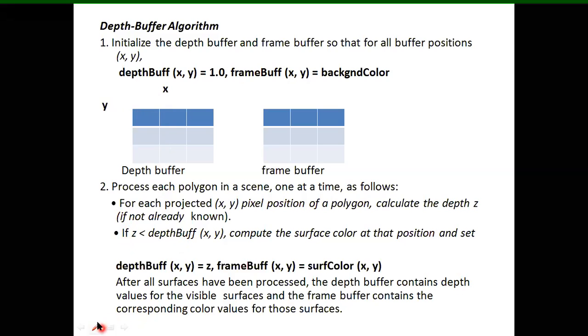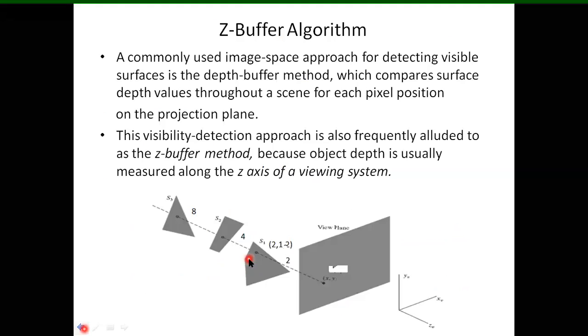Like this, I will go on finding the z values for all the pixels for each of the surfaces. Whichever pixel's z value is lesser, I will treat that as the front face, and I will remove all other pixels before I render it to the output display. That is how I will detect the front face using the z buffer algorithm.